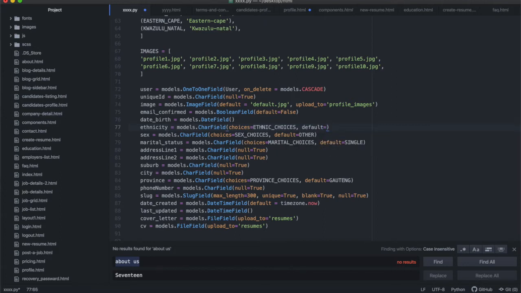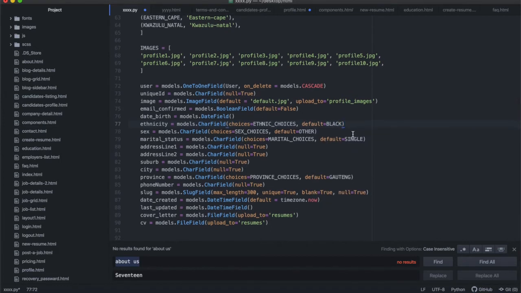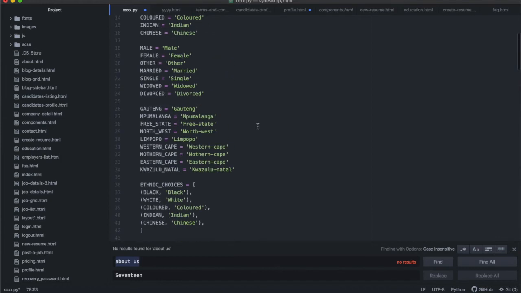Especially with choices, it's important to assume that everybody's default is going to be black, and they're really going to have to change this, okay? But we'll make this a required field in the form that they actually have to fill in, so it won't end up being a default black. For the sake of our database, I just need to define a default so that it doesn't give me errors. So that's basically how you do all the choices,